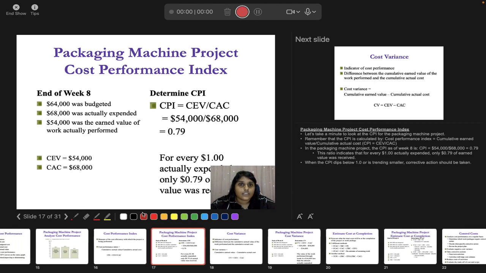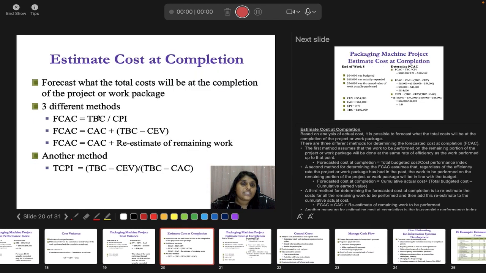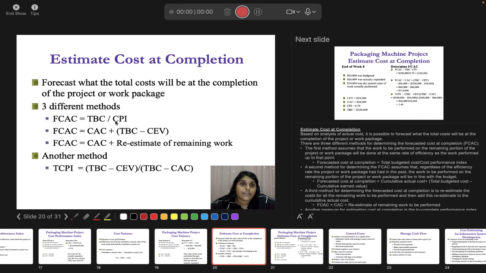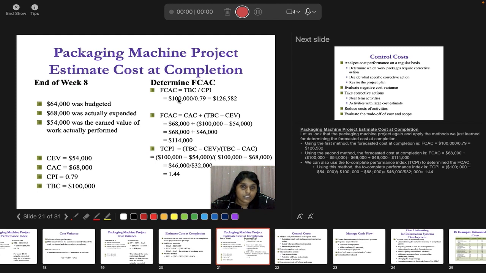Okay. So here you are going to see that your total budgeted cost divide by CPI. Here your total budget was 100,000. So you divide by 0.79, which is going to be equal to 126,000. So that means when your project actually completes in week 12, it is going to be 126,582 instead of 100,000. Your initial budget was only 100,000, but since you have delayed,